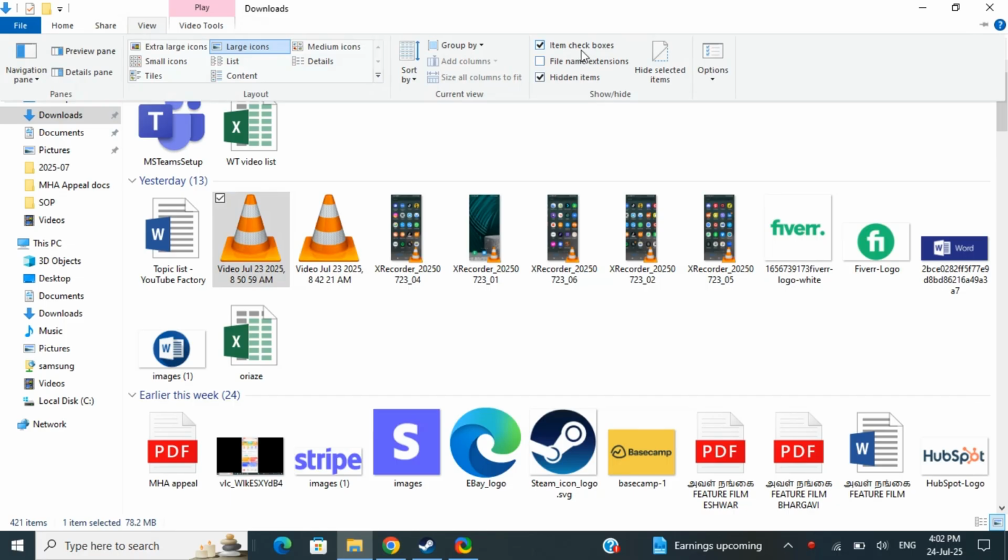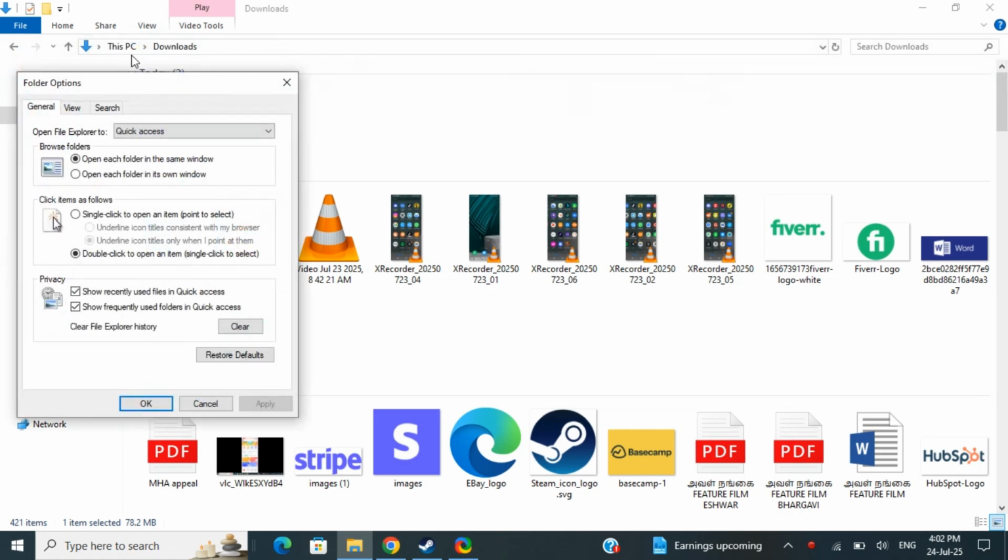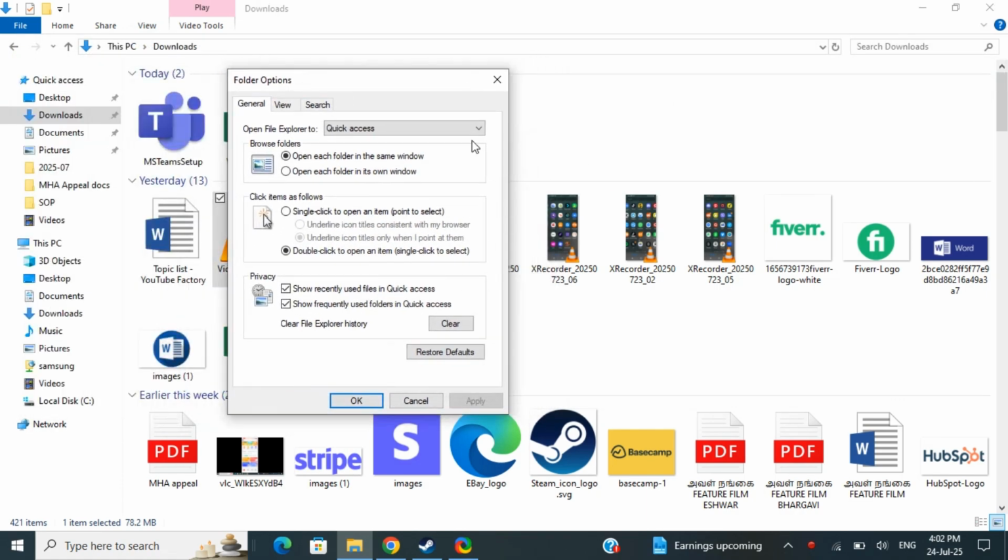And from the View tab, select the Options tab here, click on it. And from there, select Change Folder and Search Options. Click on it, and then once you get to this dialog box here, click on the View